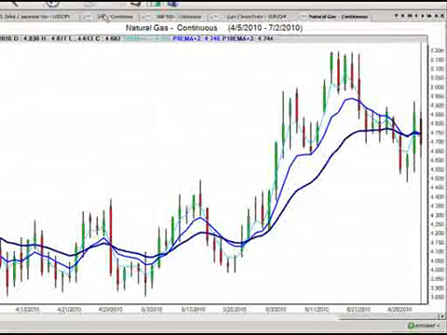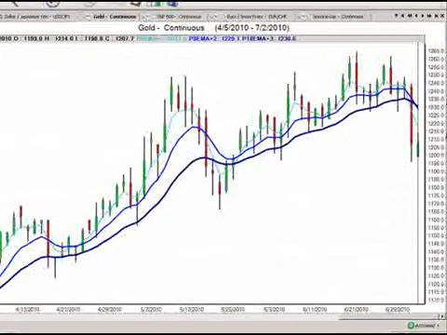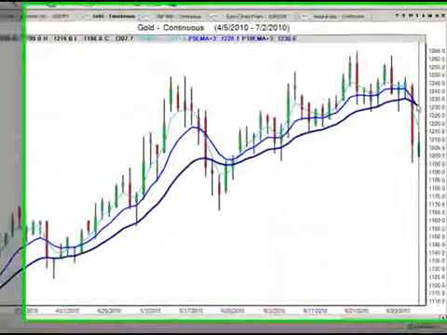Now let's go in and have a look and see what's happening on the other commodity front, which would be, of course, gold. Gold is getting ready for a crossover to the down